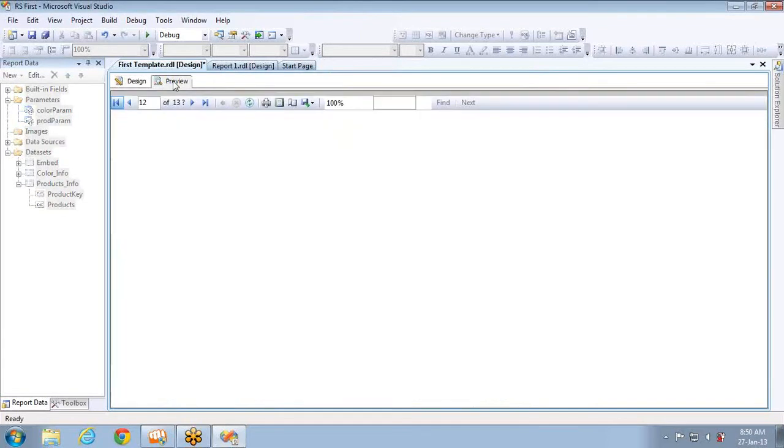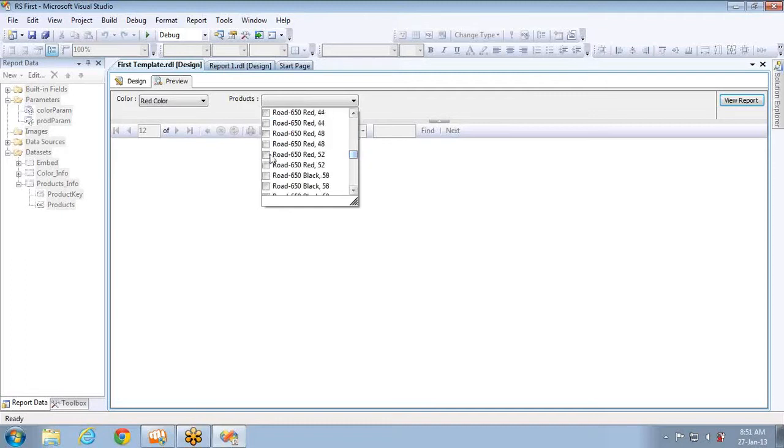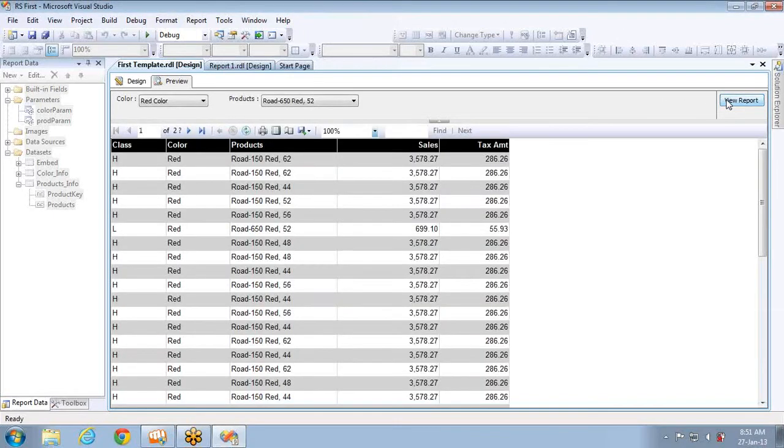Now let's see the preview, how it looks. So I've taken red color, and you can see I have so many options here. So let me navigate to the bottom, and let me take some red color product and click on OK. If you see, I selected Road 650 Red 52 as the product, but it is not filtering that particular product.